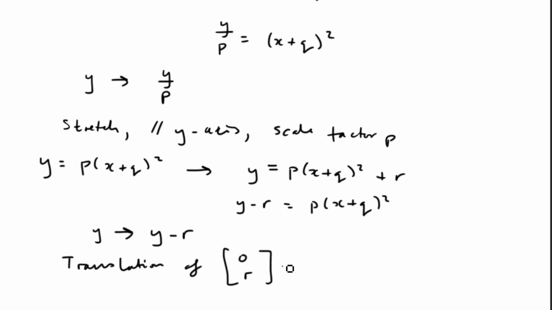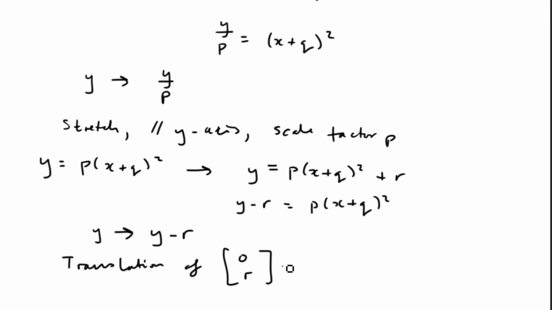The important thing is that we have got from the y equals x squared curve to the y equals ax squared plus bx plus c curve simply by doing a sequence of translations and stretches,